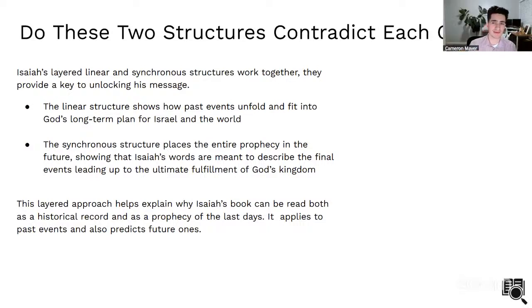So maybe to recap, the way that Isaiah is written, there are lots of things going on at the same time. You've got this overall linear structure that is telling one big story, right? It says, okay, here's what's wrong with Israel. This is the punishment it's slated to receive. This is everything that's going to follow. And then here's what's going to happen next. Here are the struggles and how Israel eventually will be gathered back together. And then the fulfillment of the prophecies and the covenants, where it's a happy ending and everything comes together, right? You've got that going on.